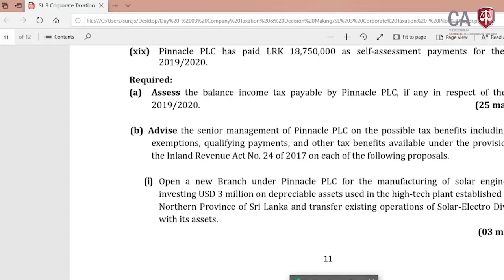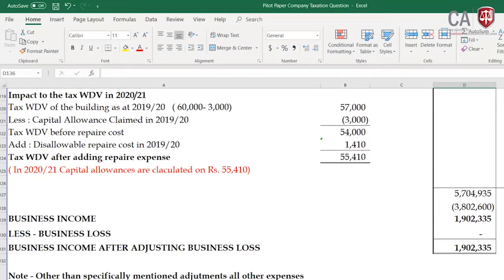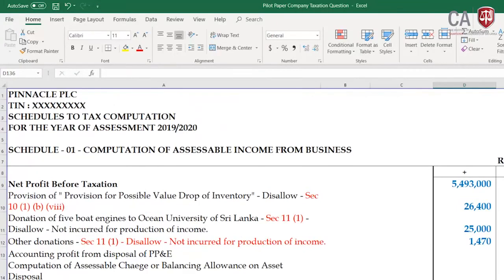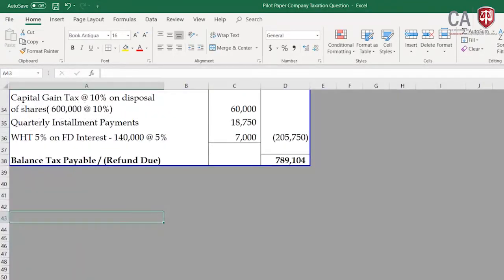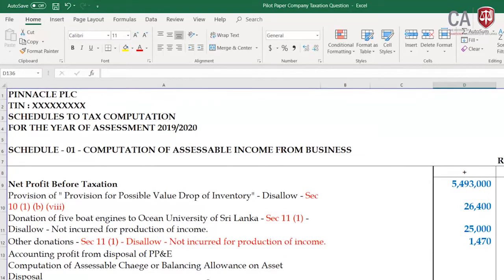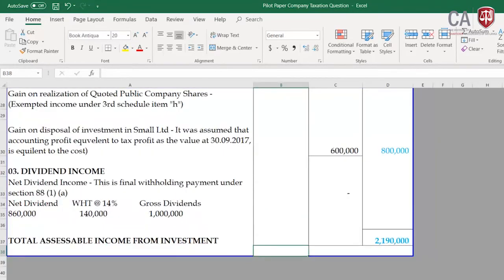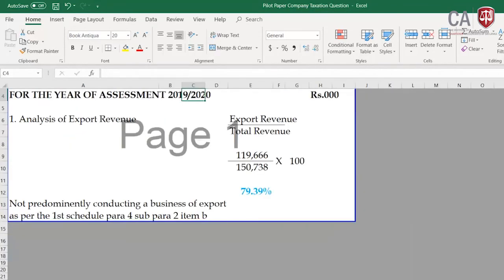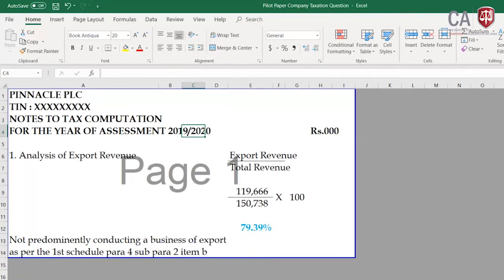Okay, this is the answer. If you have seen the answer, see in the 4 tabs: taxable income separately in the format I have explained to you, business income separately, and investment income separately, again in the format explained. Any other notes are mentioned separately, which I think is clear. But you can use your own way to compute that.